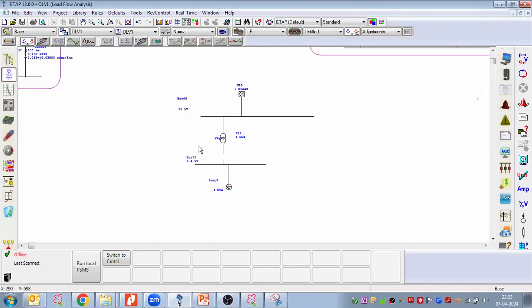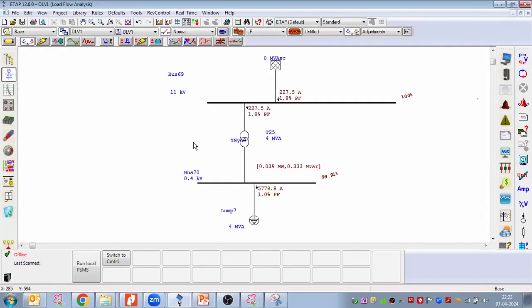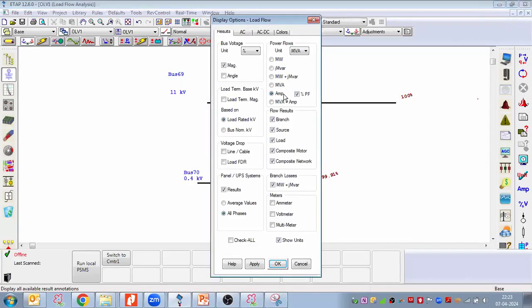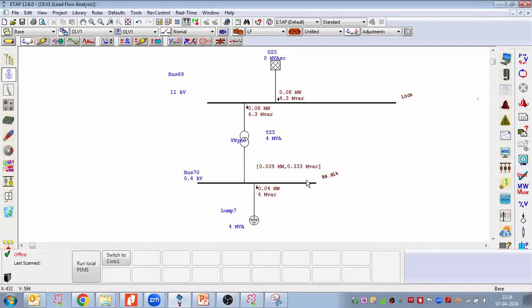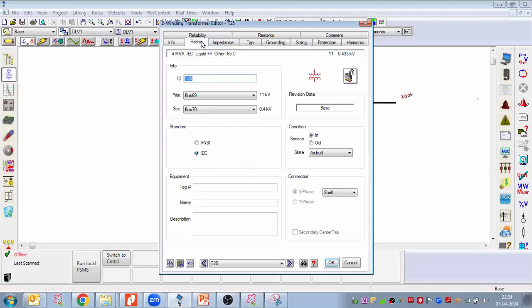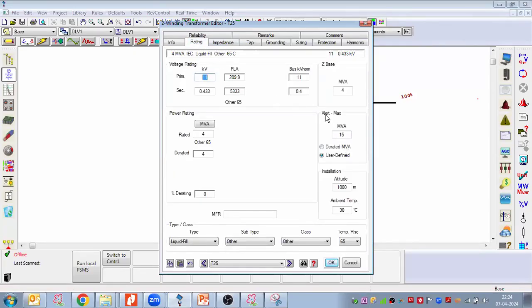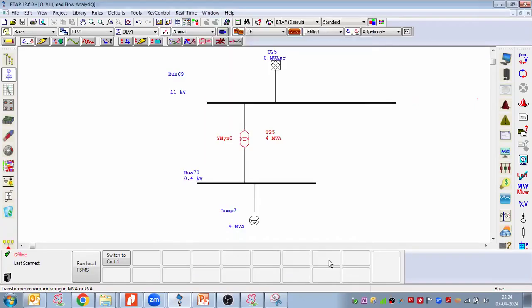And then again performing load flow, let us see the power now. I'm taking megawatt and MVAr, putting the alert at maximum. I'm now putting a 4 MVA alert here, right? So if we see this transformer,